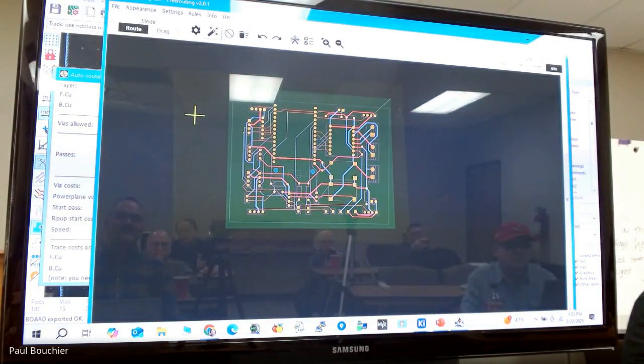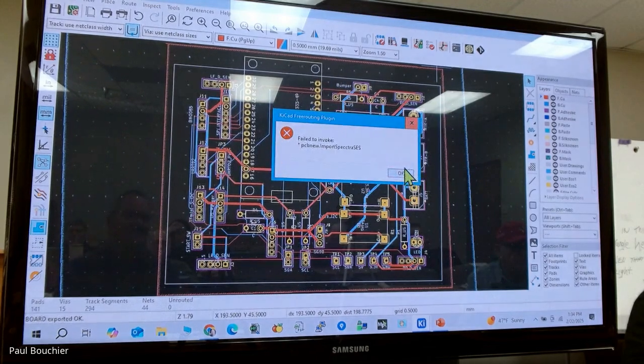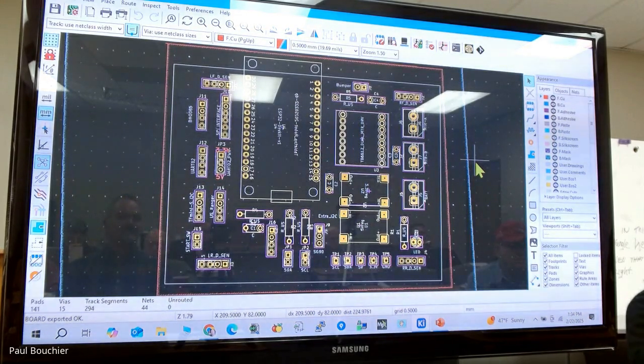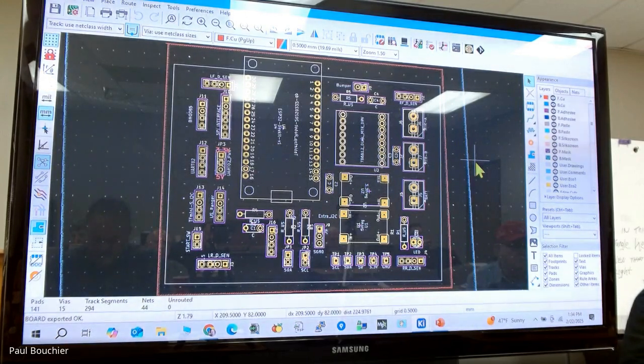All right, so I'm pulling out of this. Maybe grab the do not save. Fix problem, try again. I don't know. Oh, it's really okay. I think what it just told me was that since we didn't do the routing, it didn't create the file. If you look in your files, you'll see there's a freerouting.ses and there's another one, the Specctra file, which is what it sends out. It sends one, and then it returns the other, and then you import the other one into your thing to get the wiring to pick up. So what they're telling me,